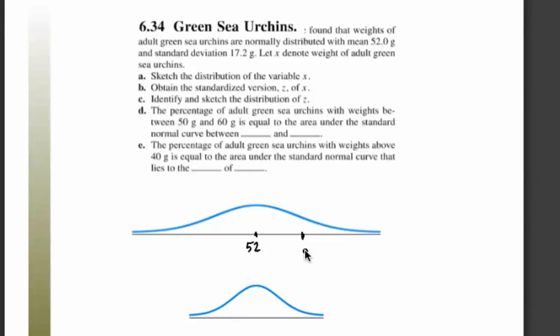Okay. So how many grams will that be right there? This is one standard deviation above the mean, 69.2. We're just going to add 17.2. And now you've got a distance for one standard deviation, so you're going to go out that same distance again, maybe right here. And what will that